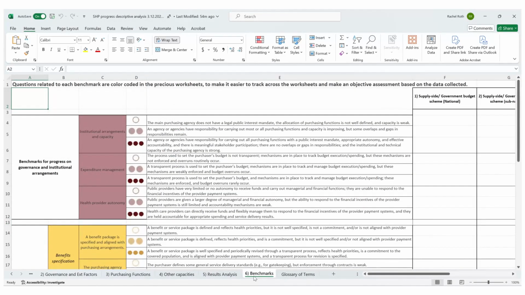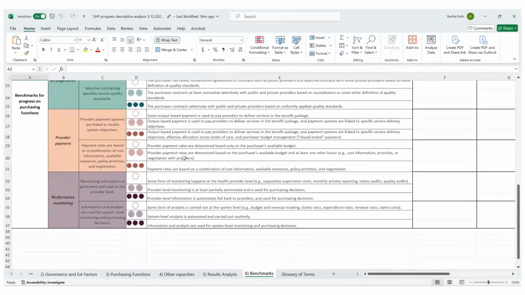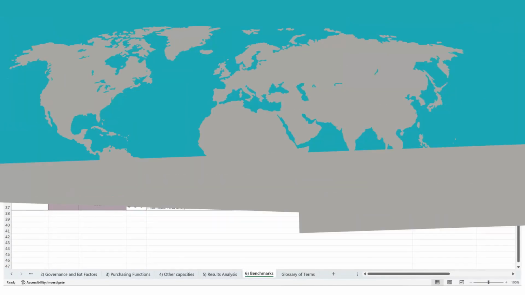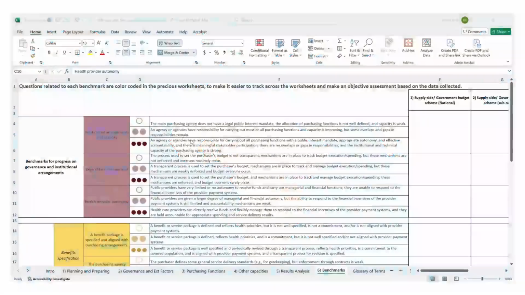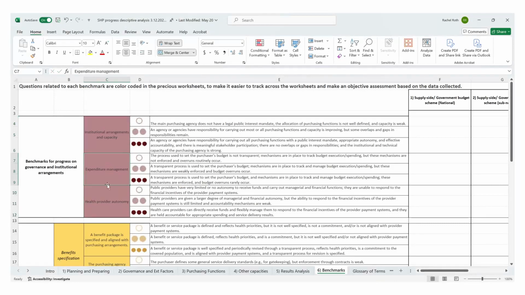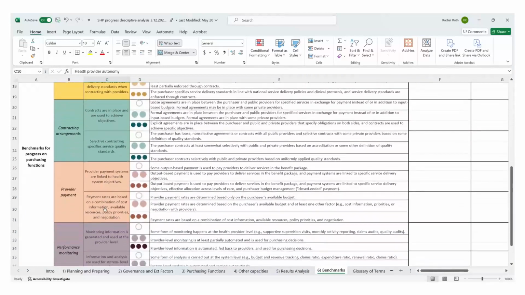SPARC consolidated assessment guides and frameworks from different sources into 11 benchmarks so countries can create a snapshot of their progress towards strategic purchasing. These benchmarks have been applied in 9 African countries and were used to inform policy dialogue to make improvements on health purchasing. The benchmarks are divided into 2 sections. There are 3 benchmarks for progress on governance and institutional arrangements, and 8 benchmarks for progress across the 4 purchasing